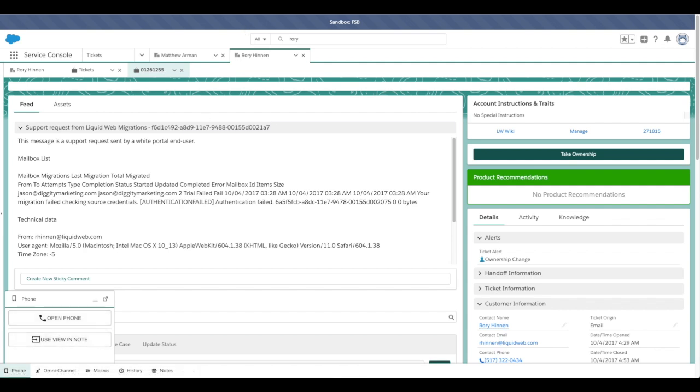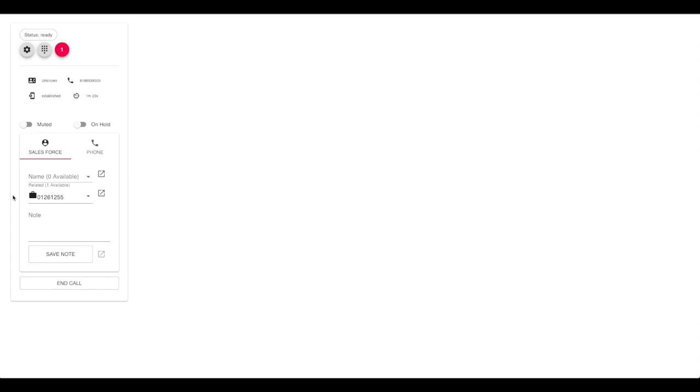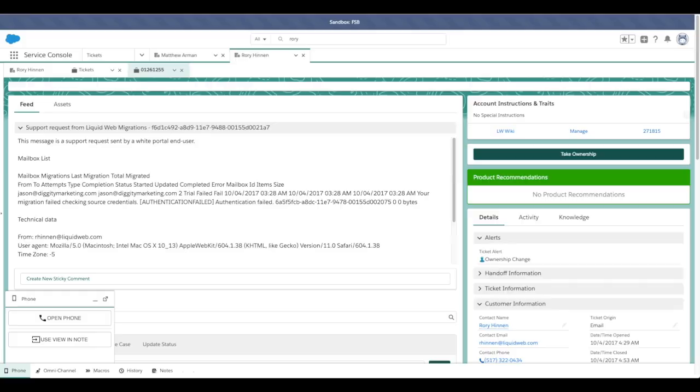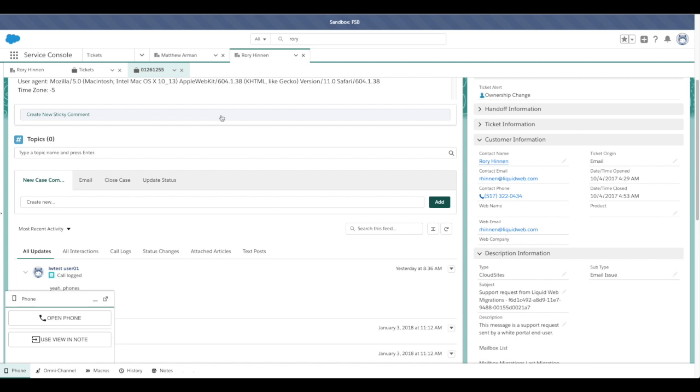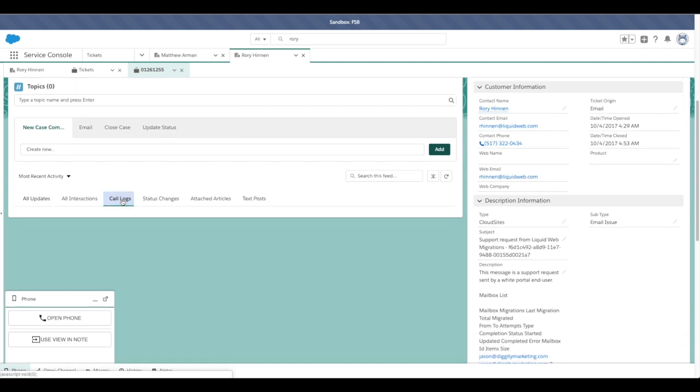So now if I go back over to my phone, you see that I've got related here. I can write a note into my ticket. I can save this, and that will actually go up into my ticket. So if I go to my ticket and I look in the call logs,